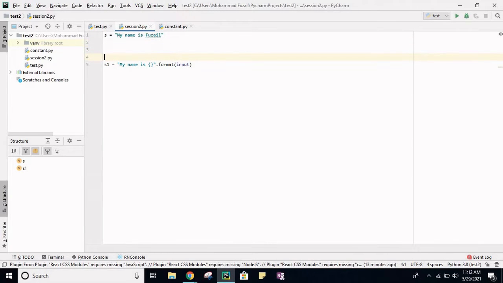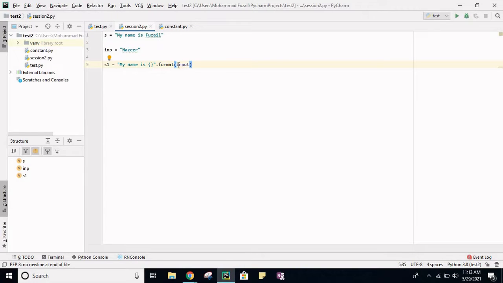Suppose I am giving an input, let's say Nazir. Now we got something here which we should take care of. Here when I write input, it is showing in blue.